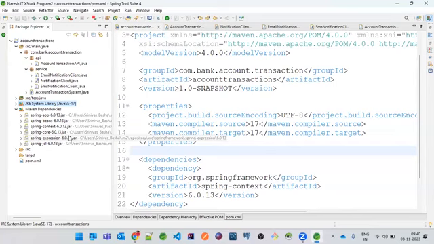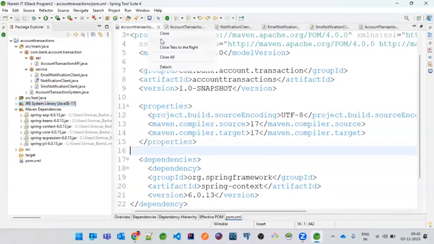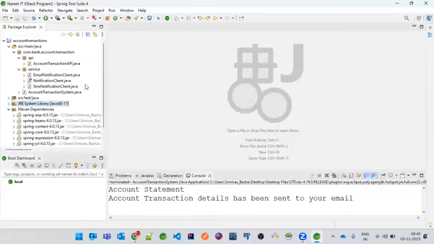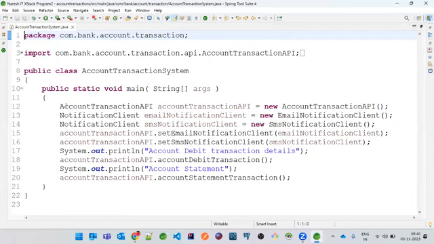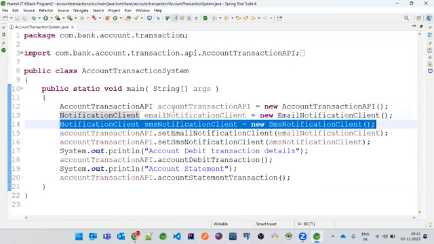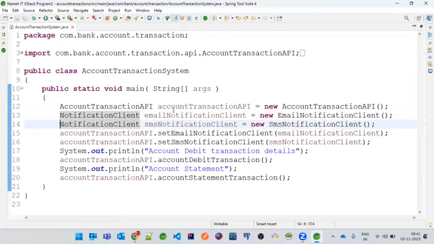Okay. Now what I can do, I will just close all the tabs and I'll just open the main class, which has all these steps. First of all, how we can automate these steps? This and this. We need to create objects? No. Spring framework has to create objects for us. So what we can do,